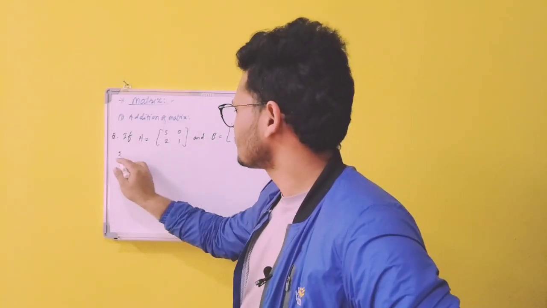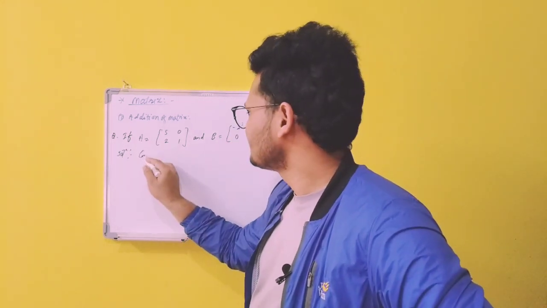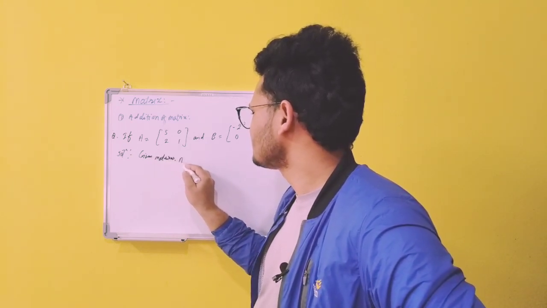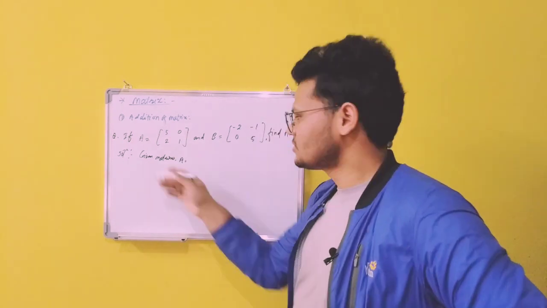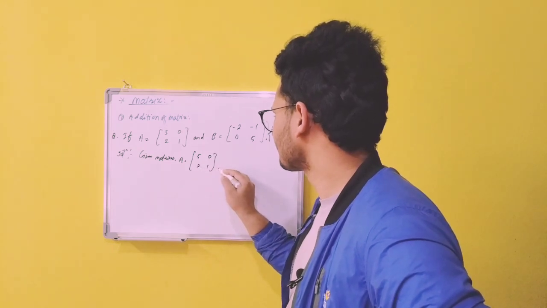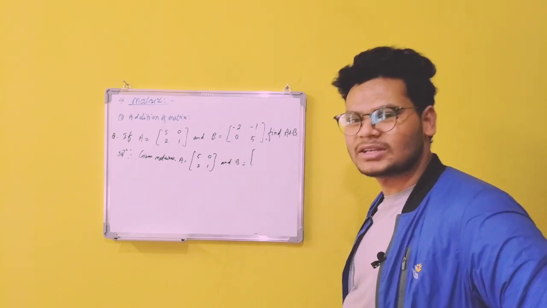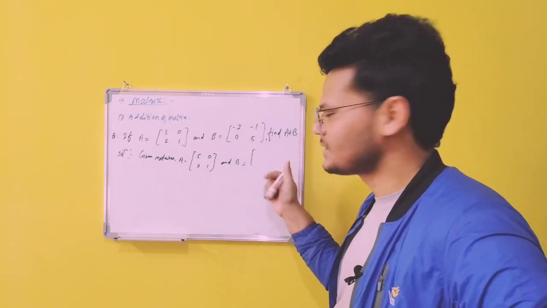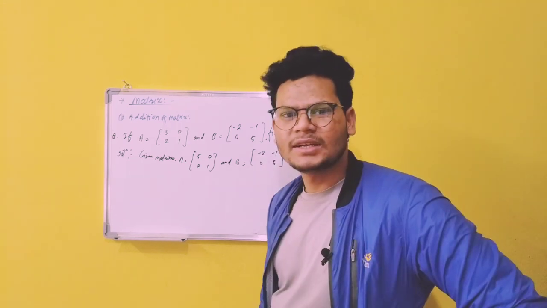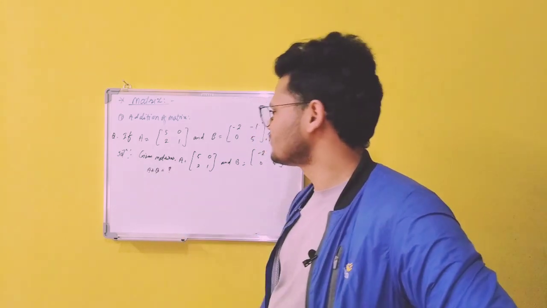Okay, here in the solution, just you need to write the given matrices first of all. Whatever matrix you have been given, just copy that matrix. Okay, 5 0 2 1, I'm going to copy that matrix, and another matrix we have been given, B is equal to, whatever inside the element, just copy that one, right? Okay, -2 -1 0 5. What you have to find? A plus B is equal to what? A plus B is equal to what? We need to find this one.